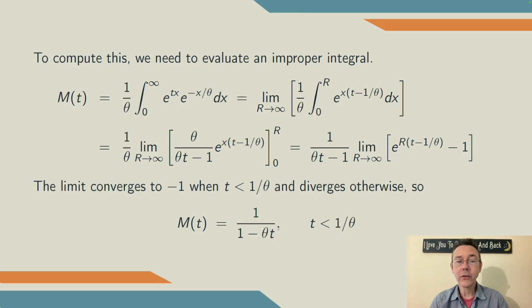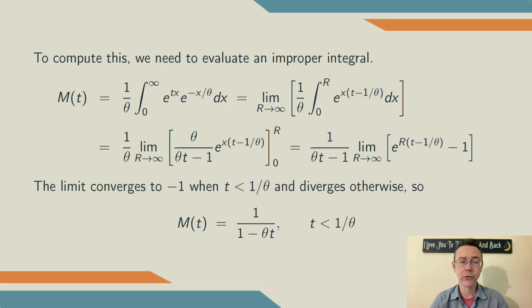So we need to integrate e to the tx f of x over the support. And so that means integrating from 0 to infinity 1 over theta e to the tx e to the negative x over theta. That's an improper integral, so that means we're going to do a limit. We're going to let r go to infinity and integrate from 0 to r. We collect those exponential functions together, integrate with an antiderivative, plug in the endpoints, evaluate the limit, and overall we